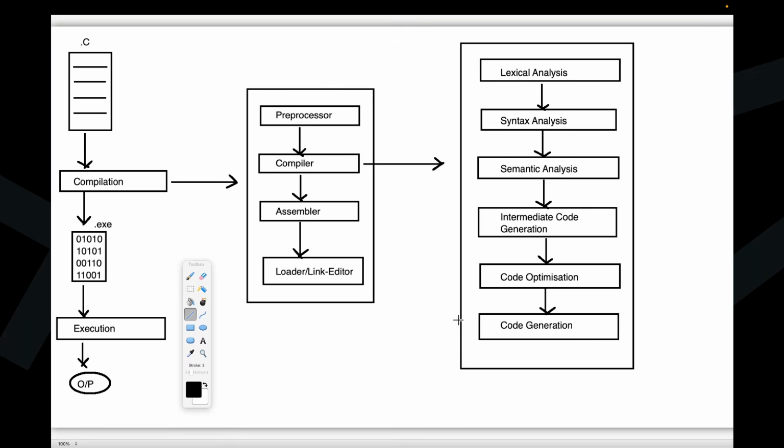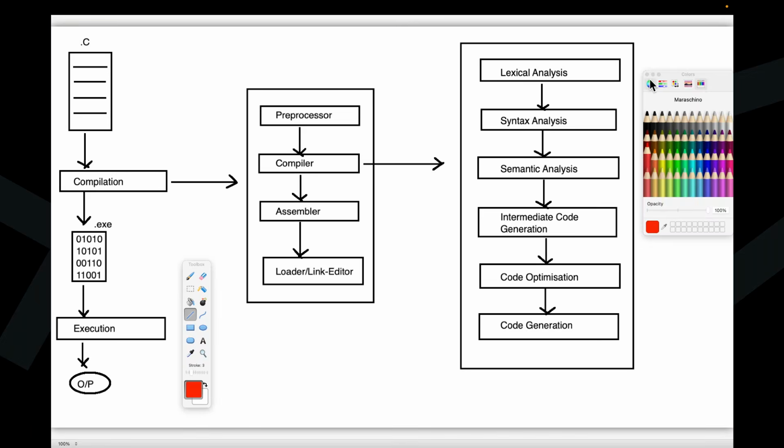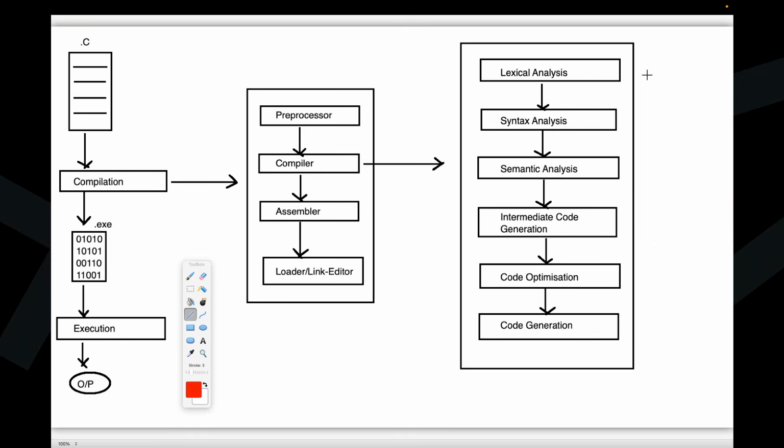This is a diagram, guys. Once again I'm telling you, their internal functionalities are not at all required. We just have to understand the location of the preprocessor. As we are going to talk about the preprocessor concept, the preprocessor is required in C and C++, but it is not required in Java. To talk about this point, first we have to understand at what location the preprocessor is available in our programming language. That is what we are understanding now.